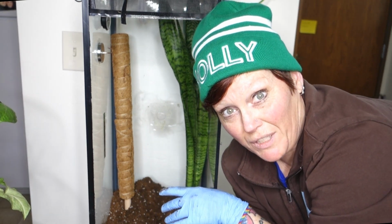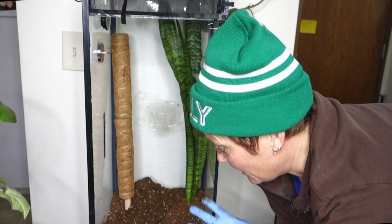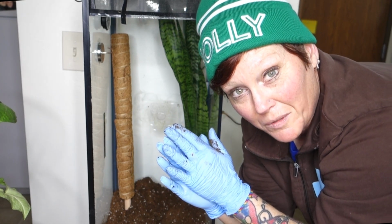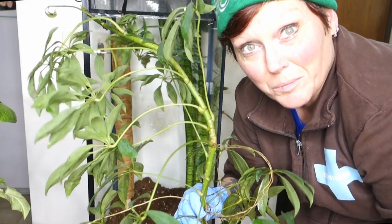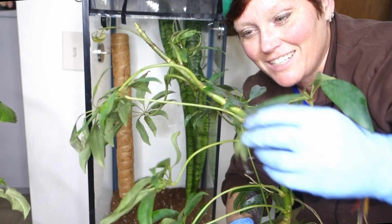She loves to sleep in there. She sleeps between them. Climbs up in there and smushes herself between them and sleeps in there because it's nice and dark. All right, now I'm going to cut this big Schefflera